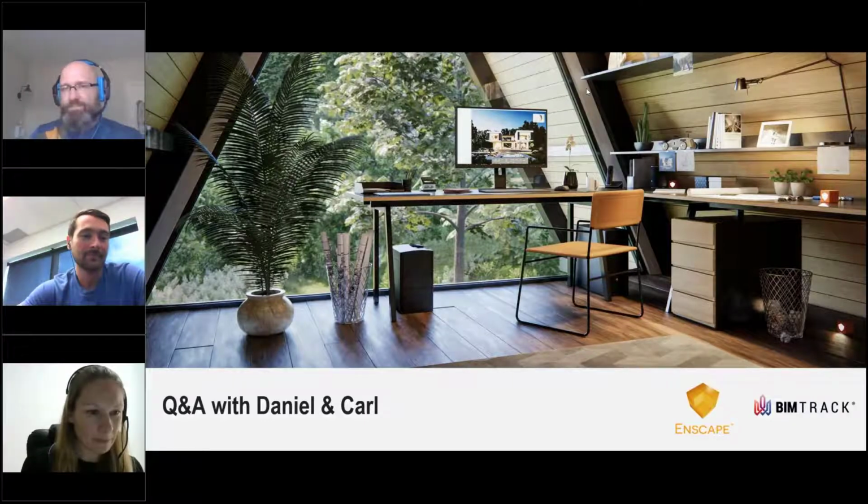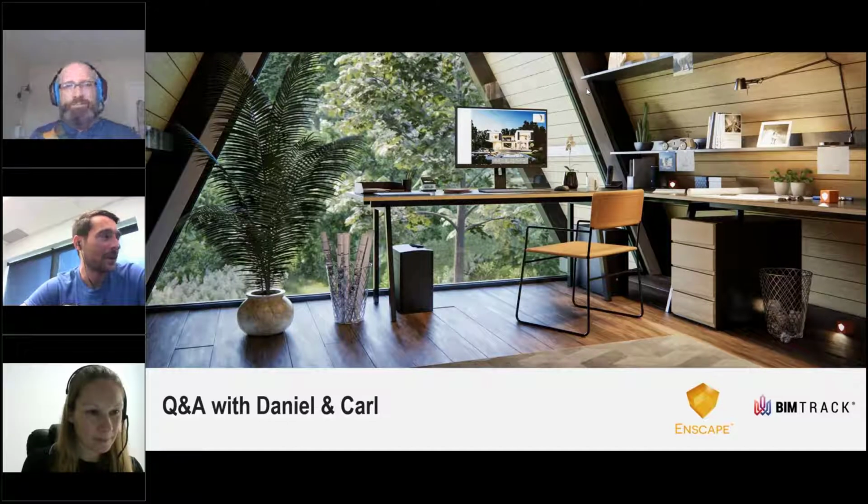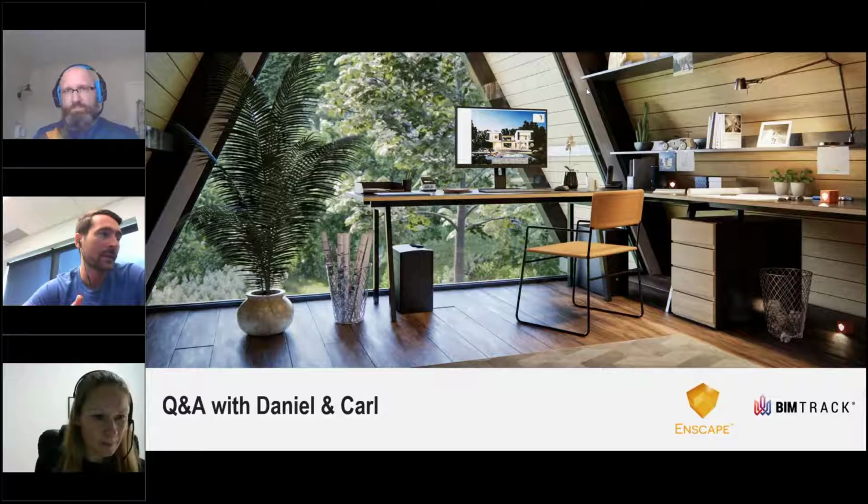Brilliant, thank you. Does BIMTrack work with SketchUp and Enscape? So we don't have an integration with SketchUp at the moment, but it's something that's been requested. So I encourage you, if you're a BIMTrack user, to submit that in our ideas portal. This is something we're going to be considering for future integration. We've got more than 20 integrations at the moment, so it's still growing pretty fast, and hopefully we'll be able to have more integrations with software like SketchUp down the road.